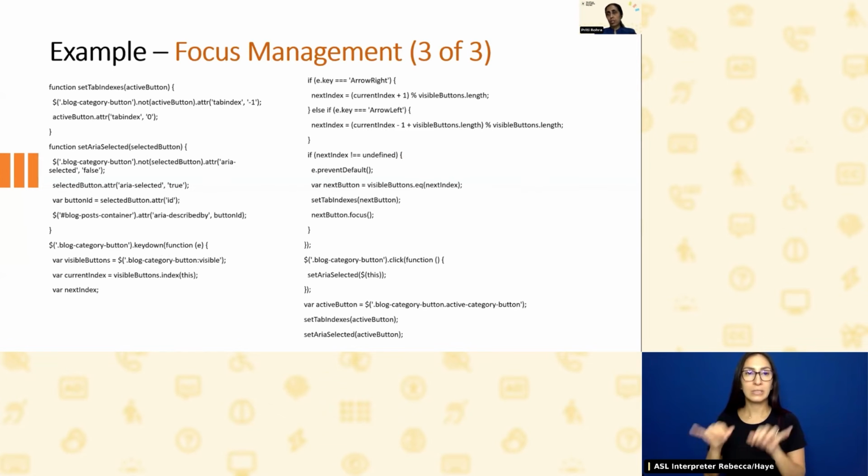User focus has been listened to. What are the keys that a user is pressing? And accordingly, the values are getting changed. Now, when we move from the first tab to the next tab and activate it, that tab will gain a tabindex of 0, and all the other tabs will have a tabindex of -1.